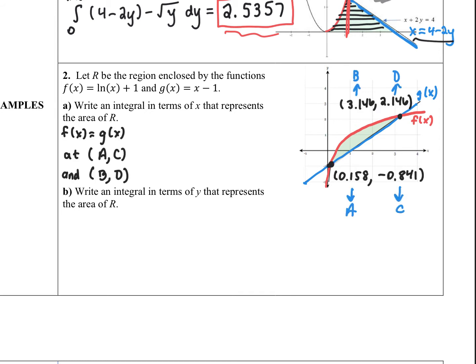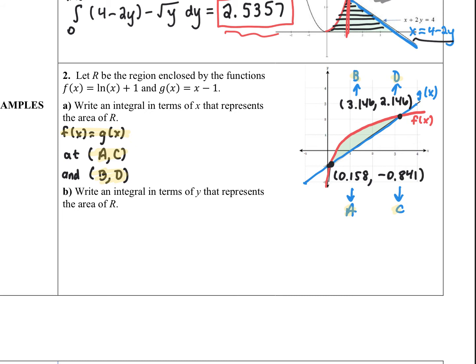I went ahead and found my intersection points, and I stored them into my values, and I mentioned the values over here where I'm storing them. So in this part of the problem where I'm saying what my intersections are, I just used A, B, C, and D because I had already defined them. So if I'm integrating with